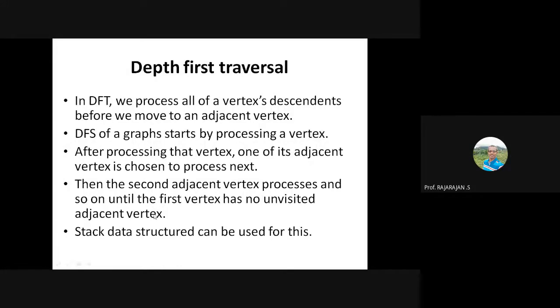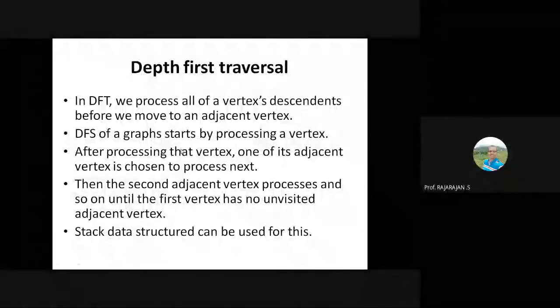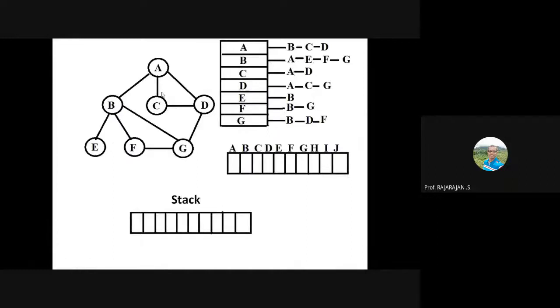Instead of theoretically explaining this, let me take you to the demo. So I'm taking this example. This is a graph which has seven vertices, and they are connected in a certain way, and it is undirected. So it is much simpler to traverse since it is undirected. And this is the linked list that is created for this particular graph. I already told you that I can either use the adjacency list or a linked list to represent a graph. This is the second way.